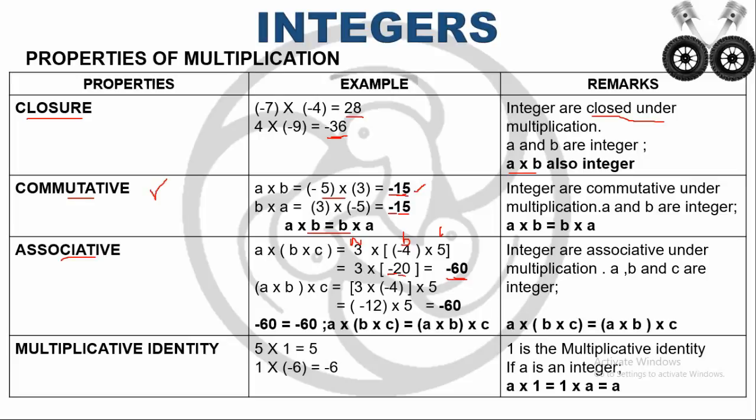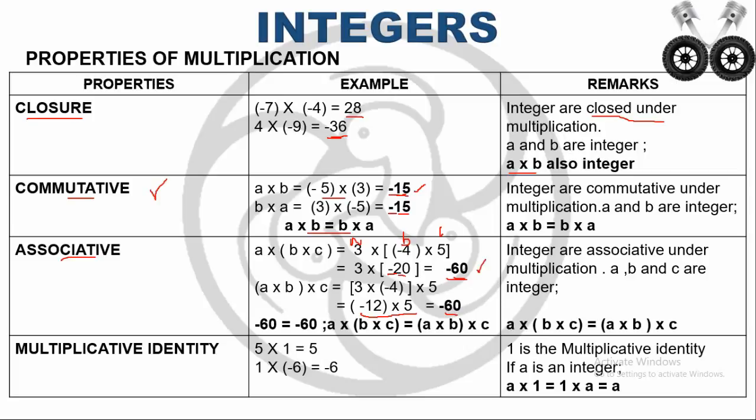So that means we have to write the product of 3 into 4 with a negative sign. So minus 12 is the answer. Again we are going to multiply minus 12 with a 5. So again we are having two integers with a different sign. That means we have to multiply and write the product as 60 with a negative sign. So the answer is minus 60.